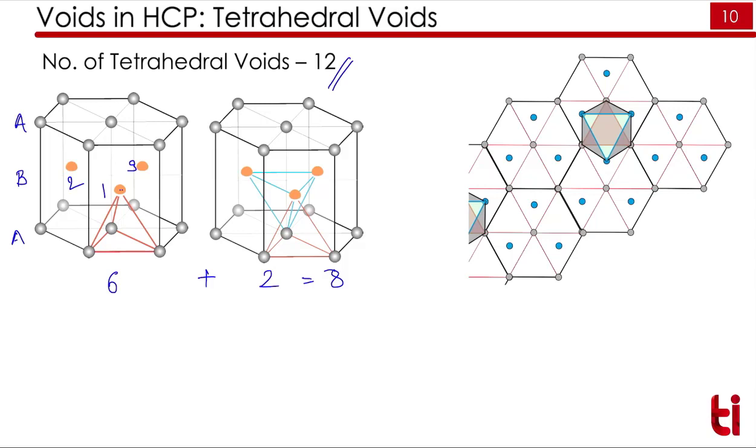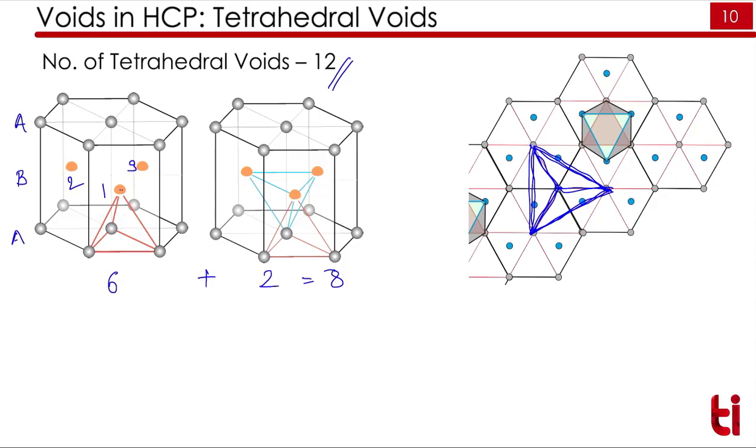So for that remaining 4, you can assume this kind of structure, and you see that each unit cell, suppose we will see this unit cell gets shared by 2 other unit cells. So it will share with 2 other unit cells, and you can form a tetrahedra here also if you count this number of atoms. So these 3 atoms, and there is a 4th atom. So this has formed a tetrahedra, and here you can place your tetrahedral void.